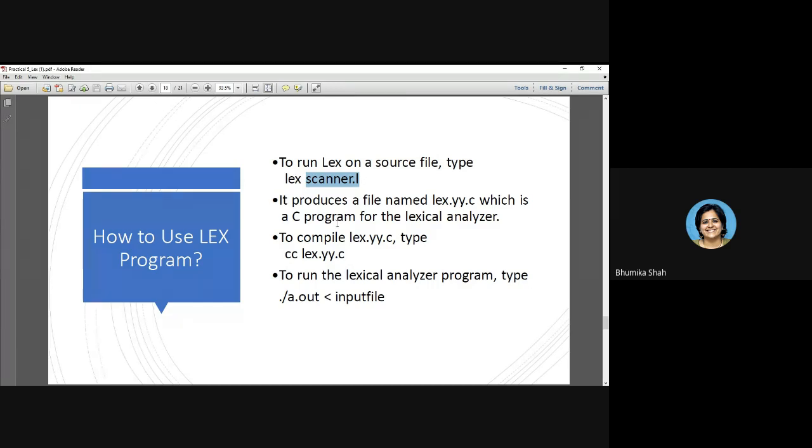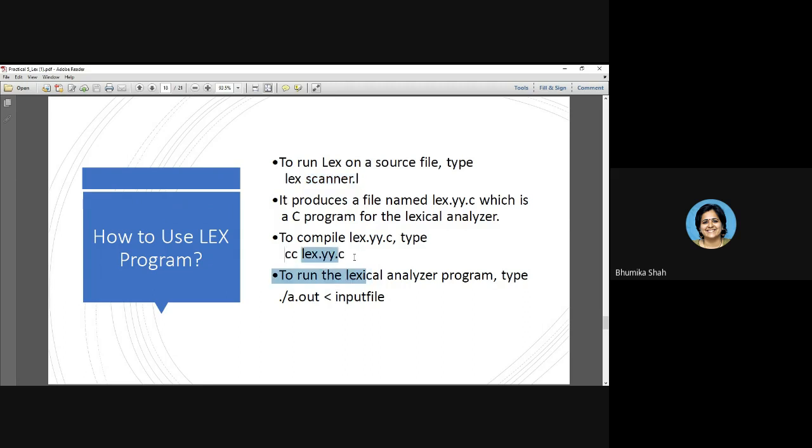So even if your compilation is showing you an error, the error correction should be done in the lex program only. You are not going to touch your lex.yy.c. Even if you can open that file with the editor, you should not be changing that. You are going to make the corresponding changes in your scanner.l file, your source lex program only.